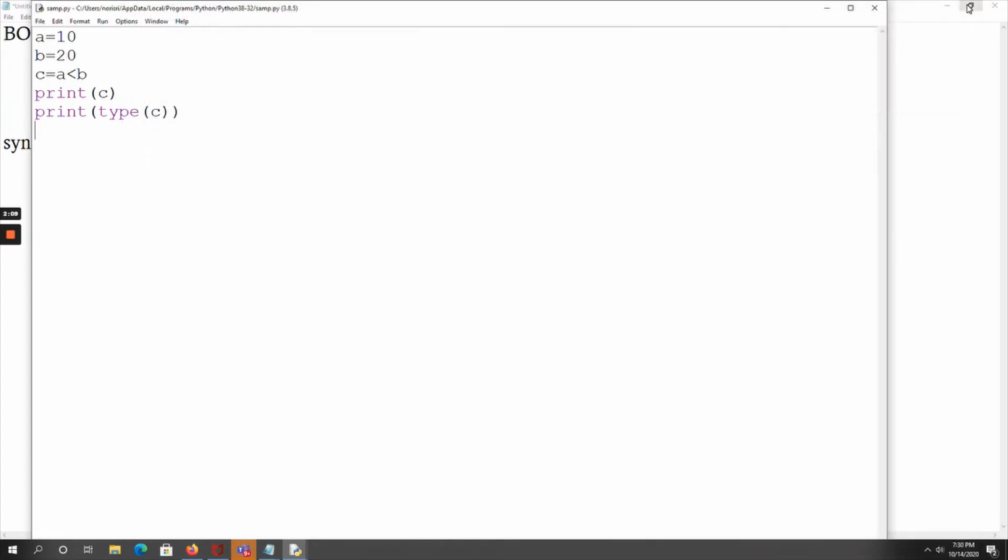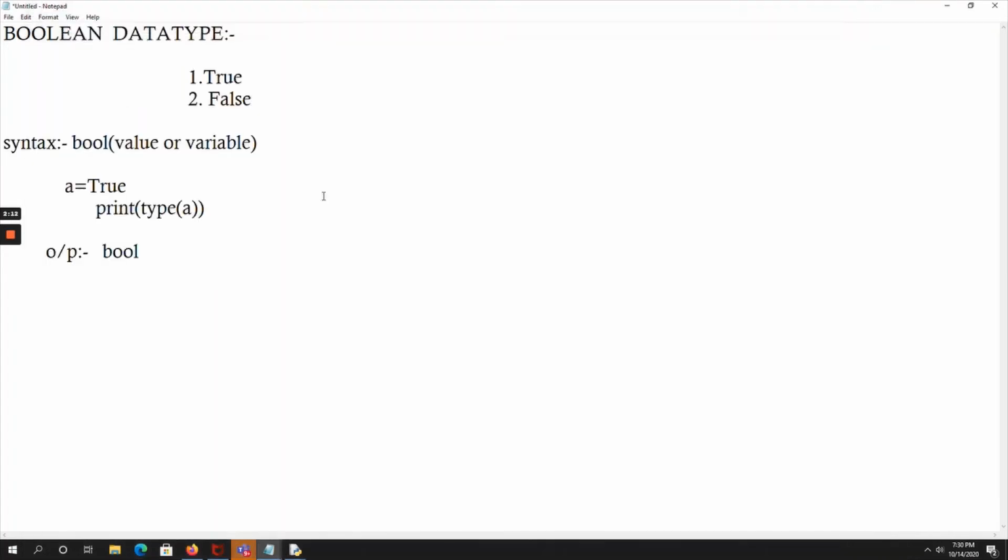Next, by using the Boolean data type, we can also perform arithmetic operations. These two keywords, True and False, are called Boolean variables. Internally, True is represented with a value of 1, and False is represented with a 0.